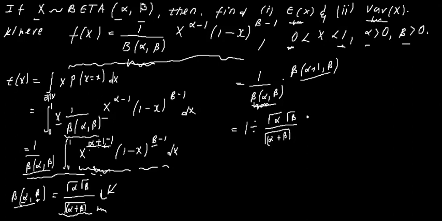Here we're multiplying again with this, but we want to rewrite this into the same form. We start with alpha plus 1, like we did with alpha: gamma of alpha plus 1, and gamma of beta, and this will be divided by